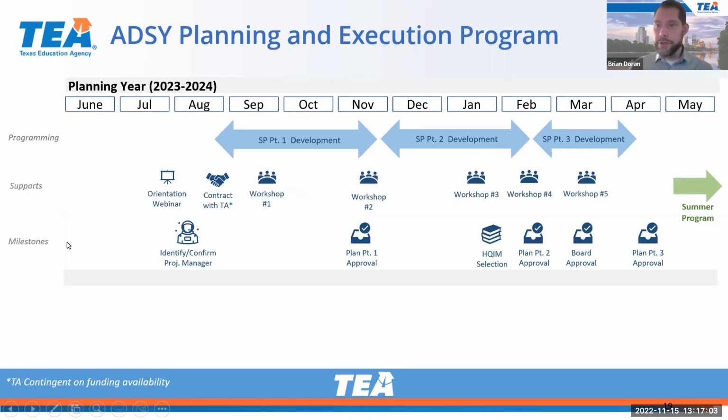A different visualization of this is an example of what this could look like over the course of the year. Some key milestones in 23-24 would be the identification of a project manager as well as a steering committee, the contracting with technical assistance in August and September. That is contingent on funding, which we do anticipate to be available, but can't officially say give the go ahead